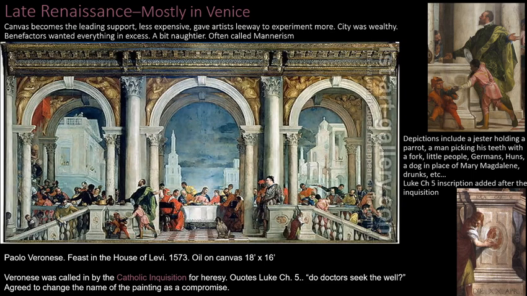Anyway, so the late Renaissance is occurring mostly in Venice, and this is where you start to see canvas coming in as the leading support for painting. In Venice, it is a port, so lots of merchant ships are coming in and trading there. And so they're looking around going, what can we do that's better than wood that won't warp in this intense humidity near the water? And they look around and they go, oh, look, canvas on the ships that they're sailing by. What about that? So, eventually they figure out how to make that work, and they start being the leaders of doing that.